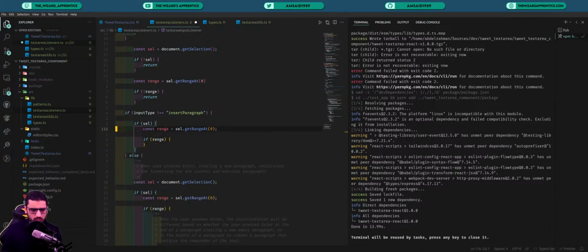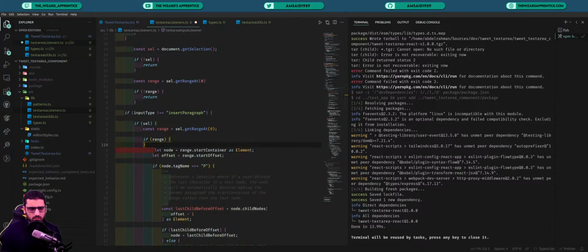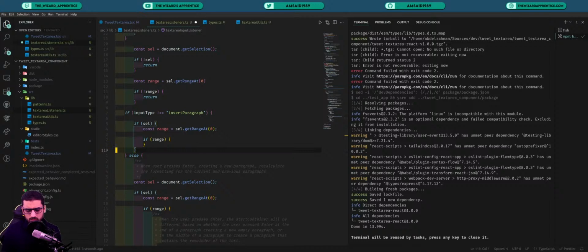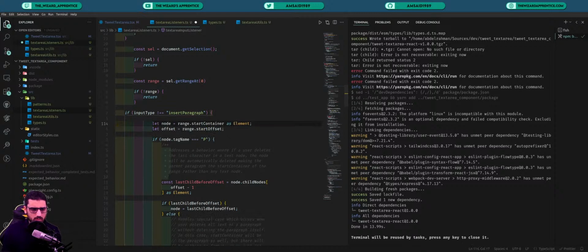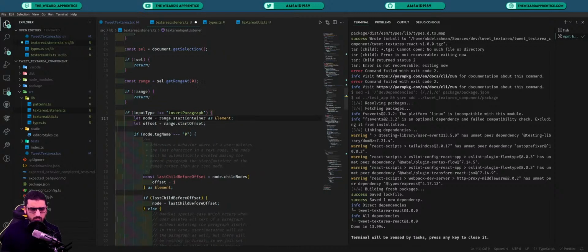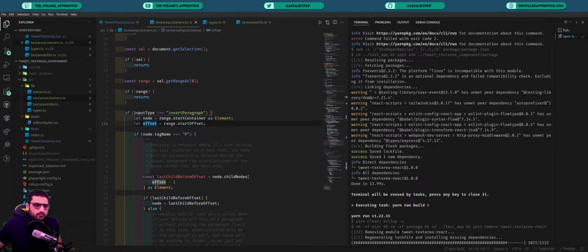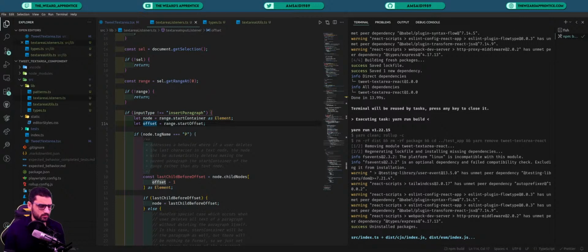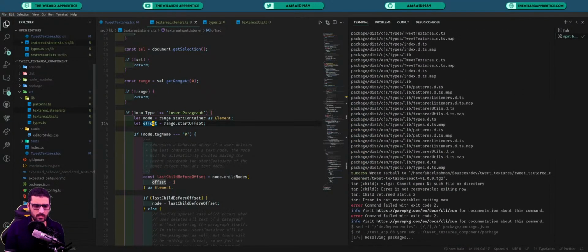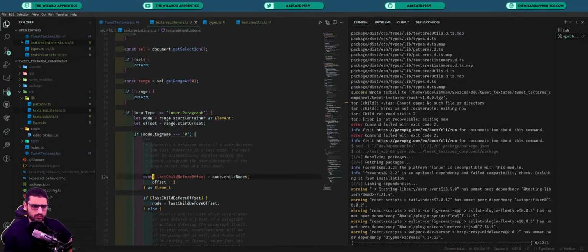We don't need all of this anymore, so we can paste this in here. Yeah, I need this here, and then we need to delete that. And yeah, format, we're just removing the things that we don't need. And then what we're doing here basically is